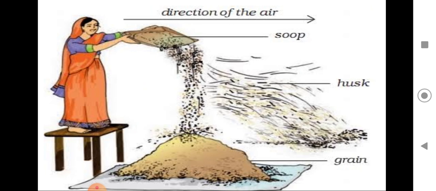So here, this is a common thing that happens in villages. See here, she is separating the grains and the husk. Grains are getting collected and husk is being blown away by the air. So here you see the desired thing, what is needed is the grain, and the unwanted husk is being removed. Just observe how it is being done, children.